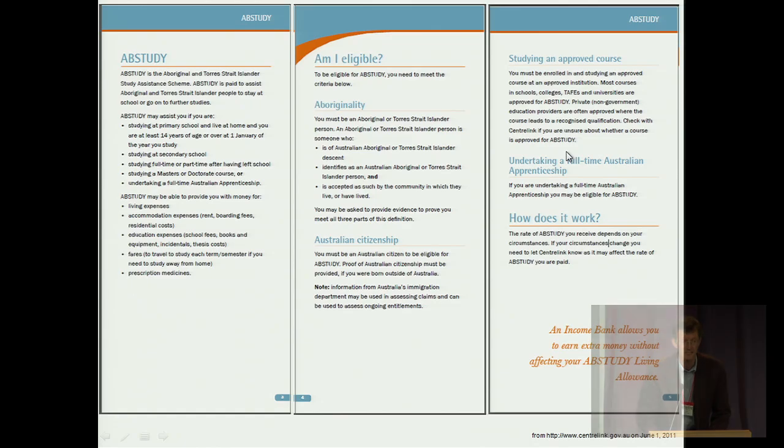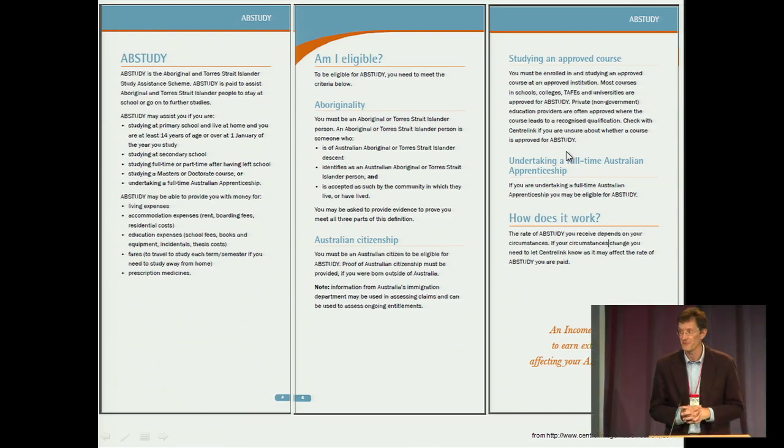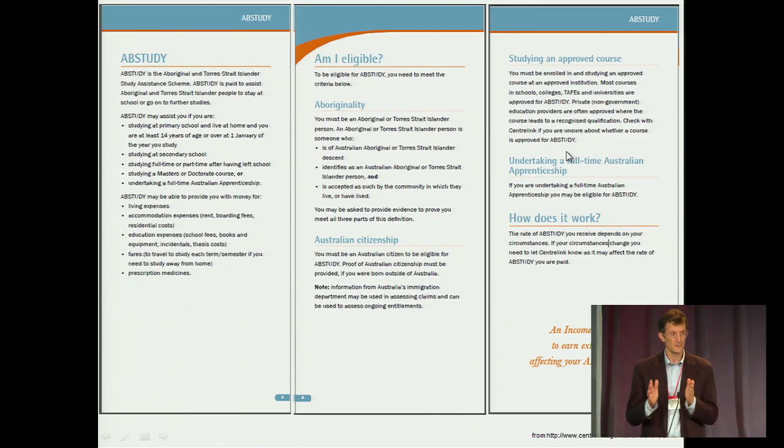As you can see from this example, these are generic brochures. They're designed for just about anyone. Any one of us could read this and decide whether we're eligible for this program. And for most of us, the answer is probably no. We probably fail on all 3 counts. Centrelink's challenge to CSIRO, my colleagues and I, was to help them explore the possibility of tailoring these brochures. Instead of a generic audience, we wanted to focus on a particular individual.